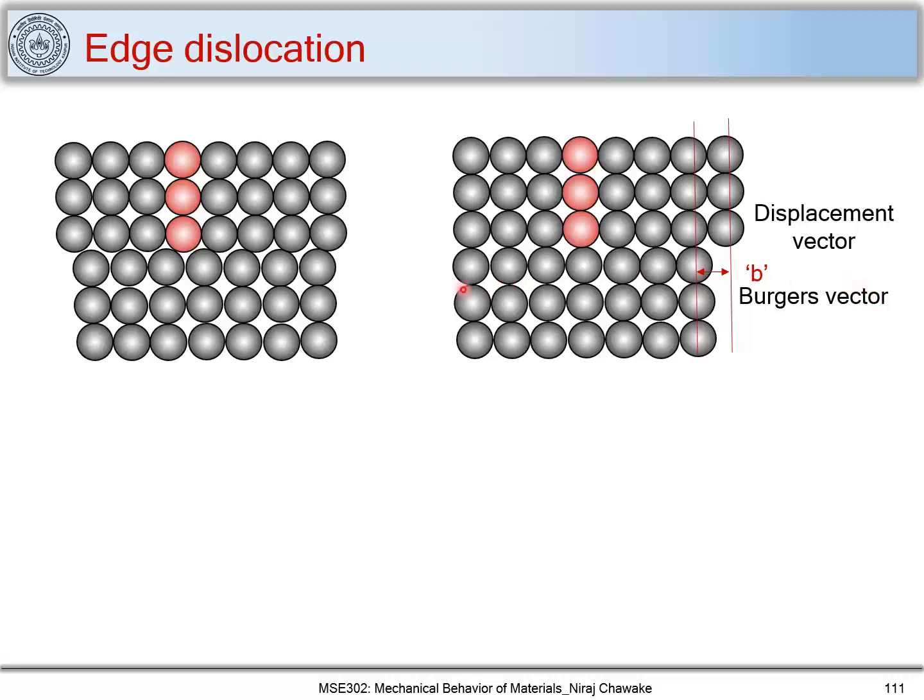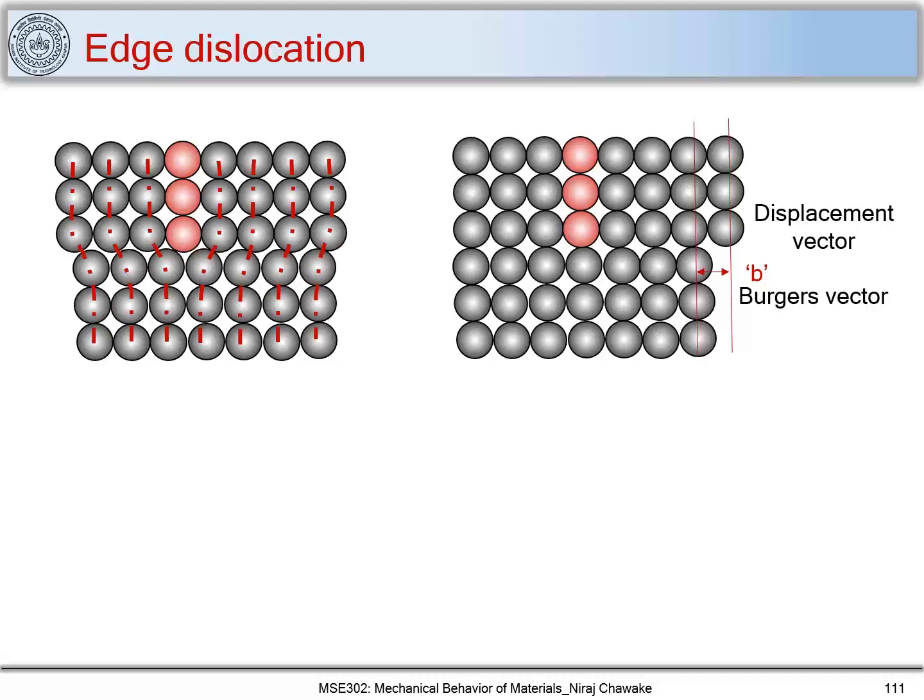Now if you look at these two crystal structures carefully, here you have a perfect crystal structure, or a perfect lattice. However, if you look at this one, you can say that the lattice is not perfect, or that locally there are bonds which are broken in this case, or I can say that here I have put an extra half plane. How am I saying this? Because we are seeing this in 2D,